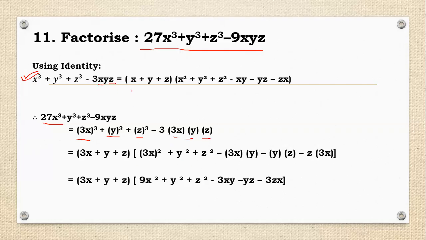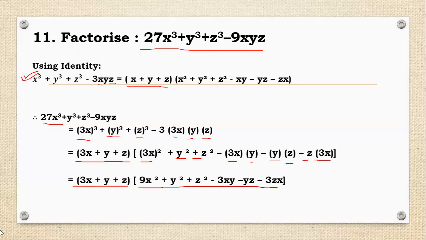Now according to the identity, on the RHS we have to write all the terms as the sum of all the three values, then the square of the first value, 3x square, then y square, then z square, then minus xy, first value into second value, then minus second value into third value, then minus third value into the first value. So according to the identity, we have solved it, put all the terms, and got this factorized value